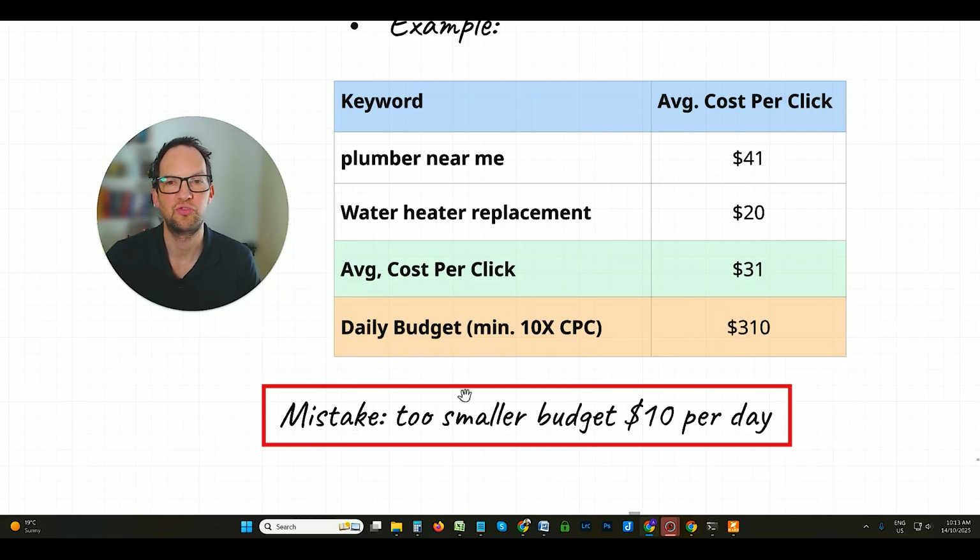One mistake I do see is making your daily budget way too small. A lot of people, they just want to test Google Ads and they think they're just going to spend $5 or $10 a day, test it out, see if it works. But there's a big problem with that. That generally doesn't work because when you're in a competitive industry like plumbing, if you're paying $40 a click, $100 a click, $20 a click, if you've only put $10 a day in, that's not going to get you any clicks at all. Or even if you put $20 a day and you're hoping to get these $20 clicks, that's